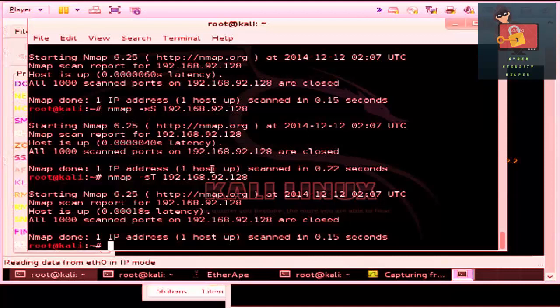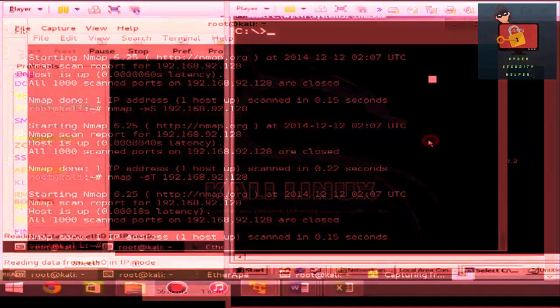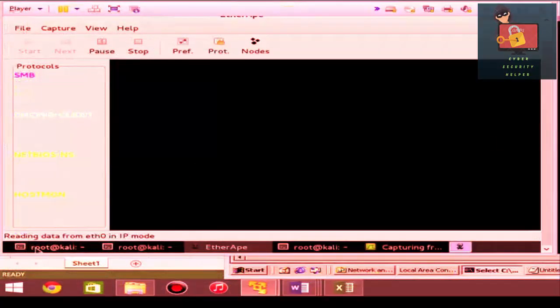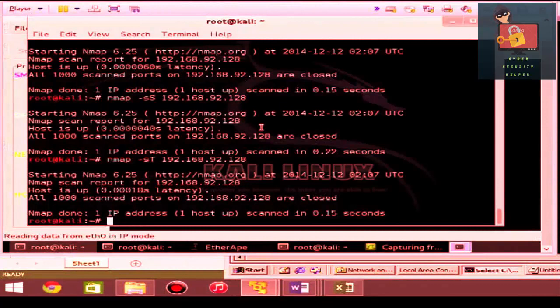And that would conclude a little comparison of the Christmas scan, the FIN scan, and the null scan. So the next scan that we can do is a ping scan. Ping scan is a relatively easy scan to do. What we do is we basically start with our basic nmap, -P with a capital P,